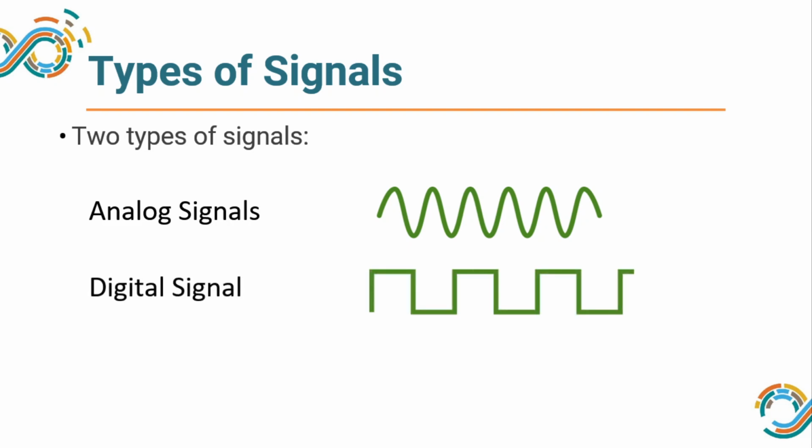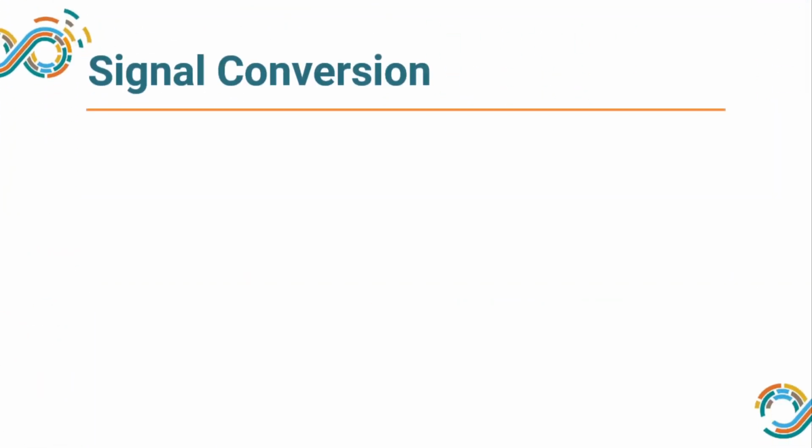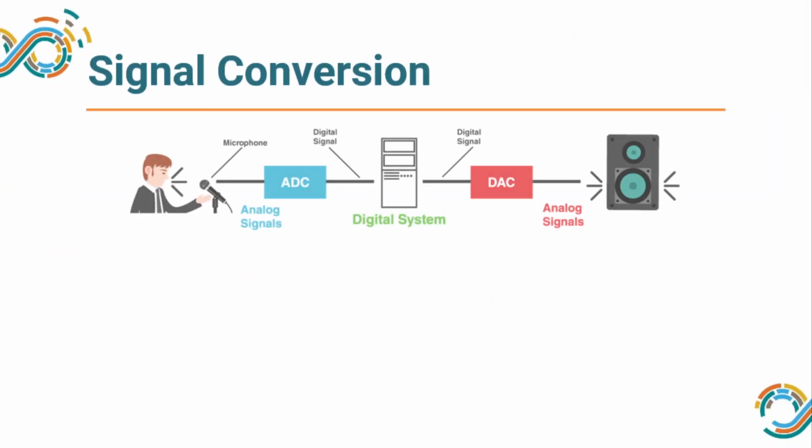On the other hand, computers do not understand analog signals, so we have digital signals. Digital signals are in the form of 0 or 1, or high and low kind of things. So now we have to think about which kind of signals Arduino can handle, and if there is any limitation, then how to overcome it. So we need to have something called signal conversion.